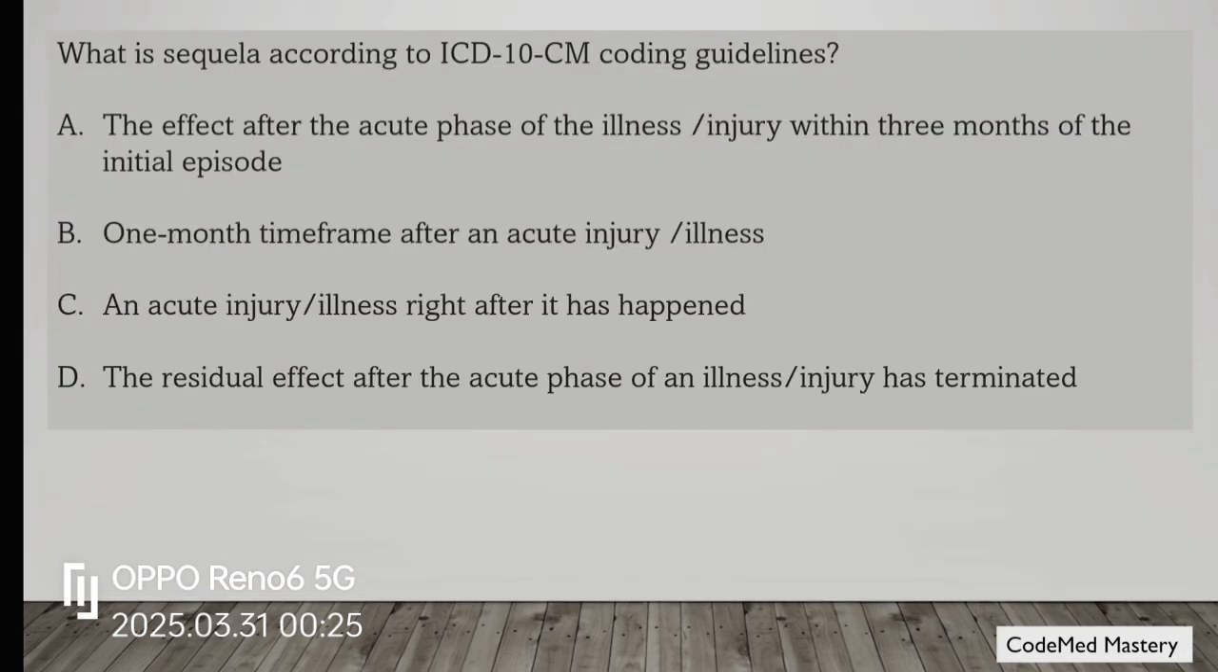What is sequela according to ICD-10-CM coding guidelines? Option A, the effect after the acute phase of the illness within 3 months of the initial episode. Option B, 1 month time frame after an acute injury or illness. Option C, an acute injury or illness right after it has happened. And option D, the residual effect after the acute phase of an illness or injury has terminated. And the correct answer is option D. A sequela has no time limit on when a sequela code can